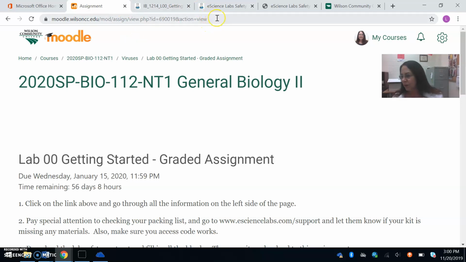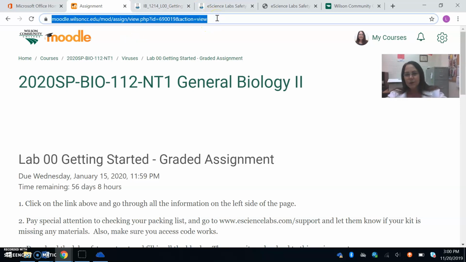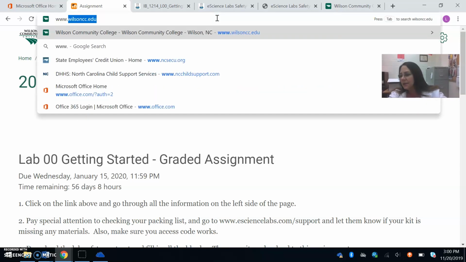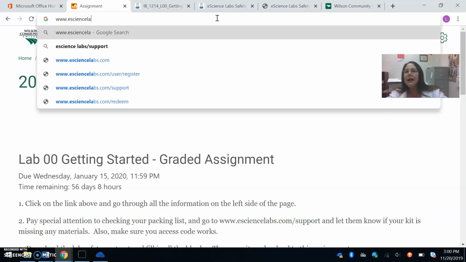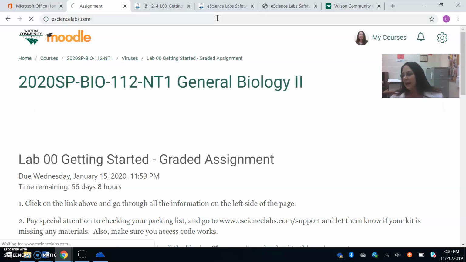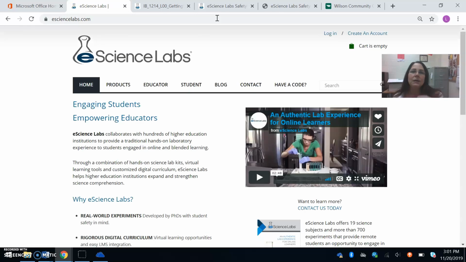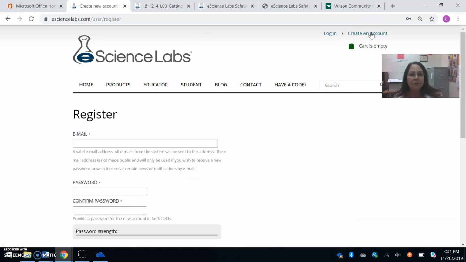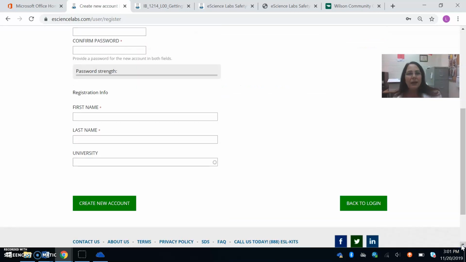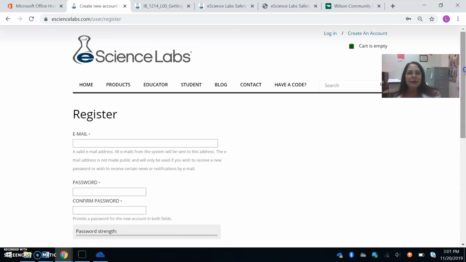So what it says here is, let's say that you have an access code from the bookstore. So I'm going to go to www.esciencelabs.com, and then it says click on the Create an Account tab. If you have already used a credit card, you don't have to do this. You already have an account. But I'm going to register, make a password, and all that kind of stuff. And hit create new account. And then after I do that,